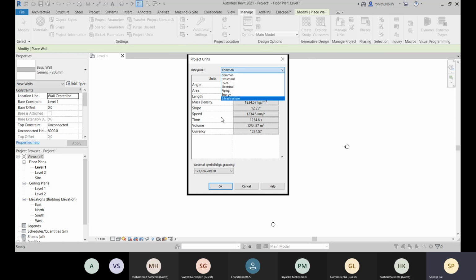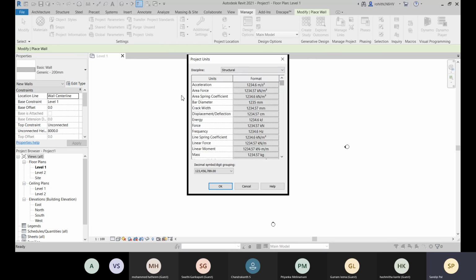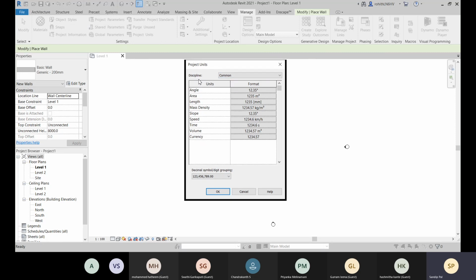If you want to specify for each discipline, for example for structure, you want to specify these as the units for structure only, and this as the unit for electrical, you can also specify that. So let's go with common. This will be the common unit for all the disciplines.